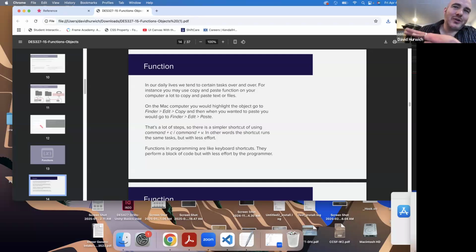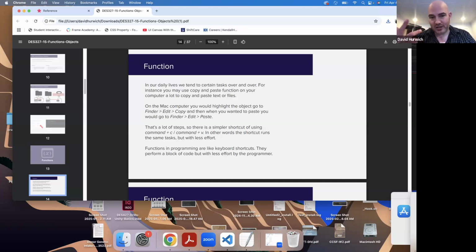I forgot to really mention why we would want to make our own function. Here I was trying to explain how to make it. I was jumping the gun, so to speak. Why do we want to make our own functions? Well, the answer is that rather than doing something multiple times, a lot of times in life we have